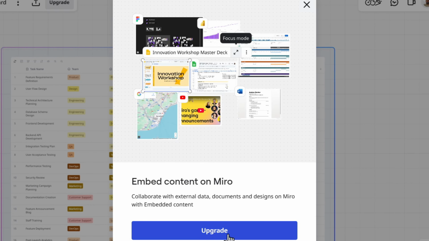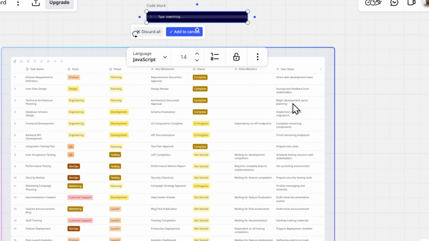Now you need to have an upgraded account, not the free one. The free one will not work, but if you have an upgraded account, you can easily access those files. Now that's one thing. Now in order to access the Box, you need to connect your Miro account to Box,